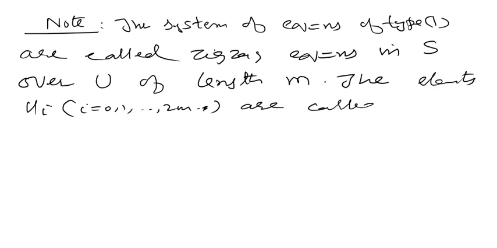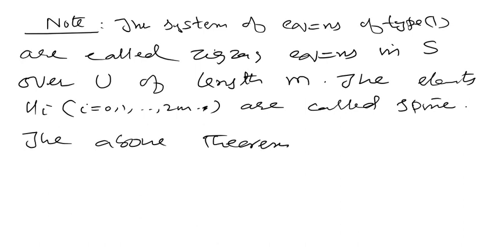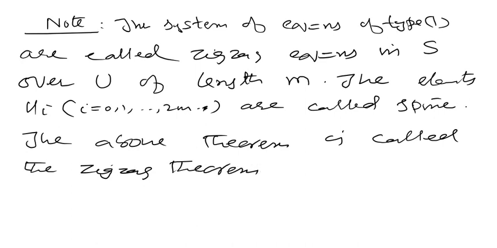So this above theorem is called the zigzag theorem, the zigzag theorem for monoids. In the next lecture we will derive from this zigzag theorem the zigzag theorem for semigroups. In fact, it's called Isbell's zigzag theorem because it was actually given by Isbell. This proof is not Isbell's proof. This proof is by Stenstrom. Okay? This proof is not given by Isbell. So in tomorrow's lecture we will do the zigzag theorem for semigroups, Isbell's zigzag theorem for semigroups, and for this